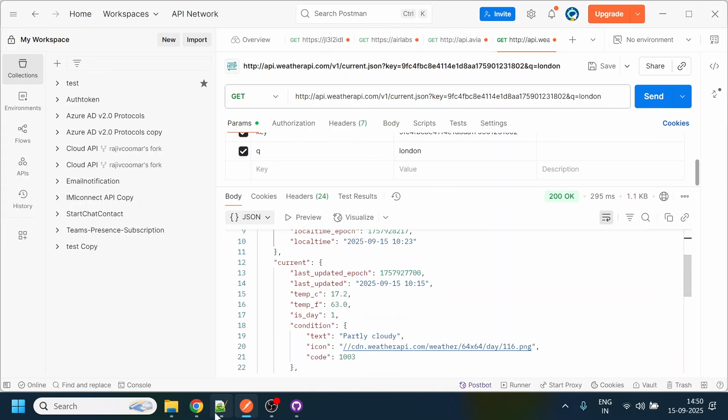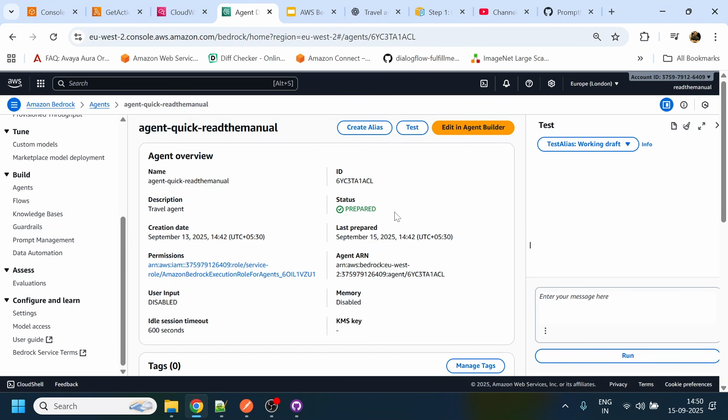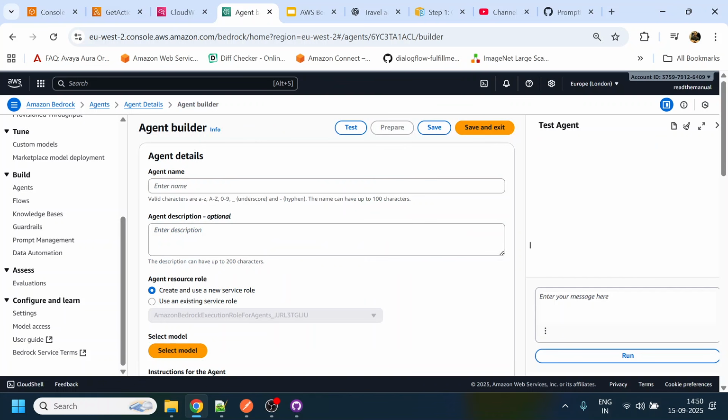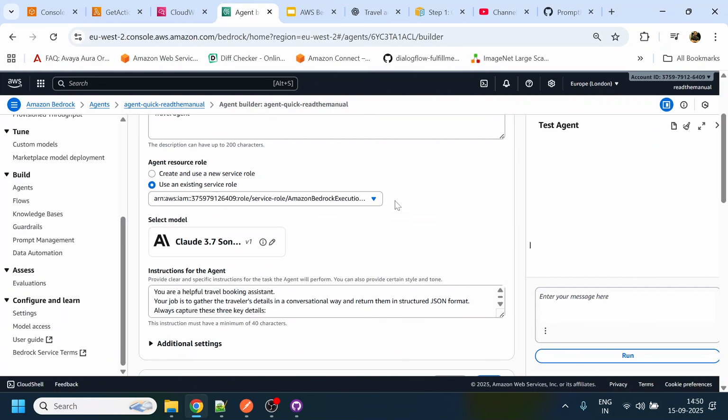Okay, so now what we will do is tell our agent that we are preparing over here to also fetch the current weather from the API. So what we will do is just change over here. You are a helpful travel booking assistant, right? And I will add something like